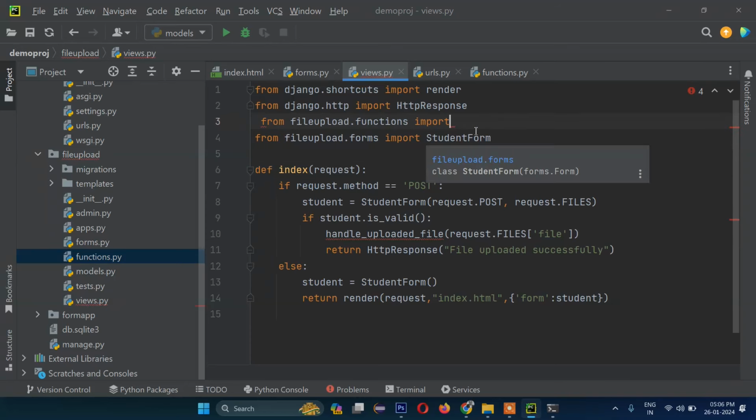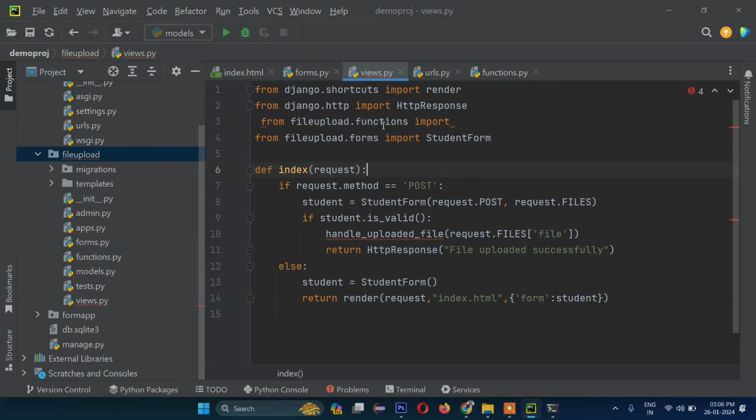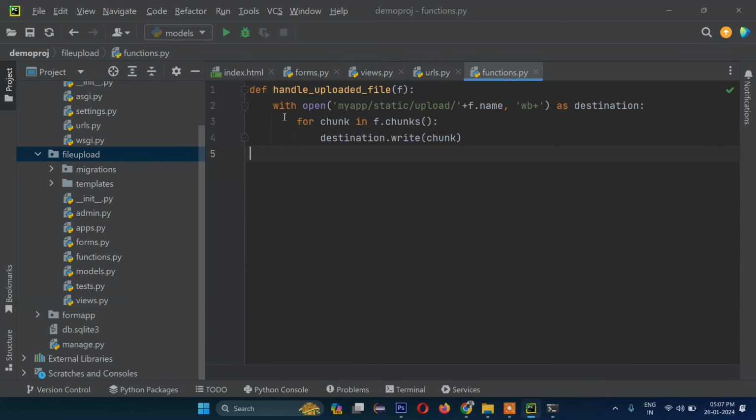We are importing file upload and then this function file. Okay, so if it's providing an error, then why not write here? Okay, so the error is gone. Okay, so now with open, and now we need to write here our project app name, file